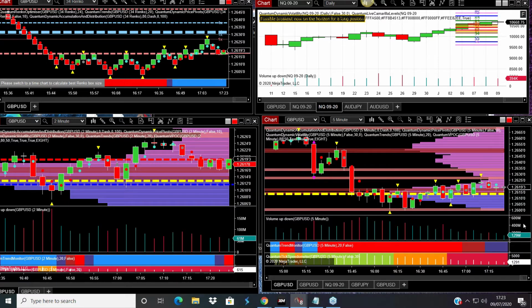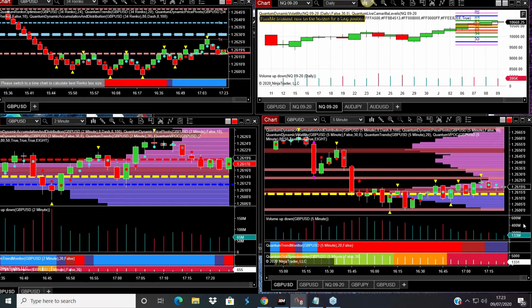With NinjaTrader, you do have to pay for the data feed, whereas if you have an account with a broker that offers either MT4 or MT5, the feed is included as part of the platform. You don't pay for that, but you obviously have to pay through the spread that your broker quotes you. But in terms of feed and access to markets, when we go and have a look at my MT5